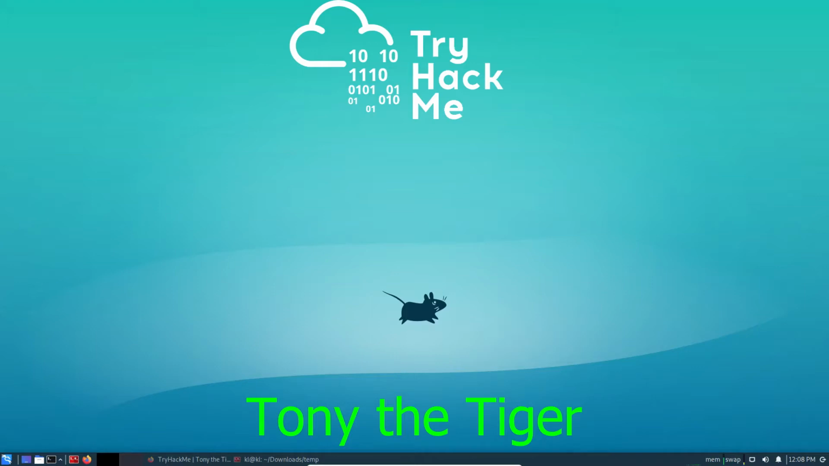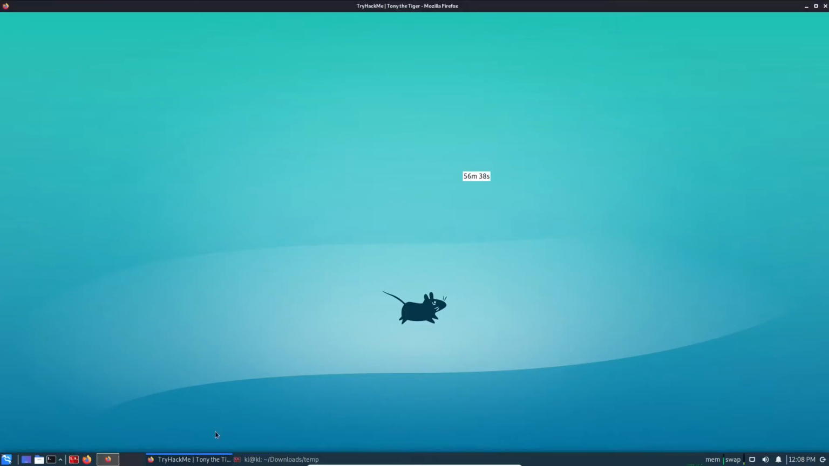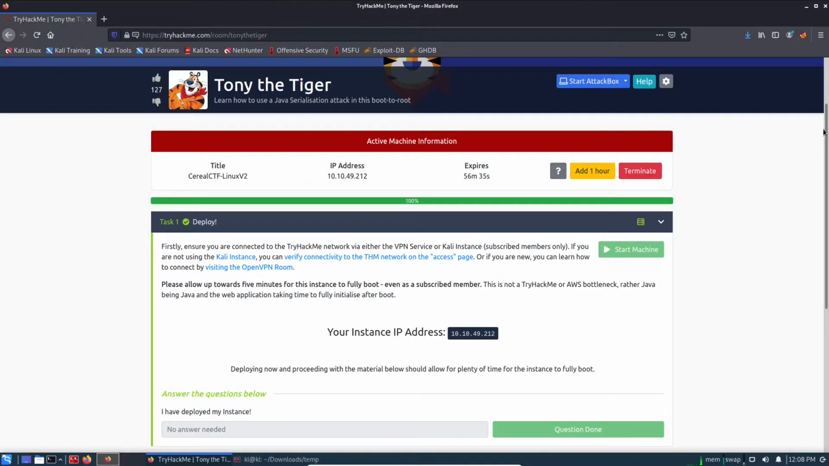So today we'll be working on one room related to Java serialization attack. The room name is Tony the Tiger, and here you go. I have just started the machine because it will take a few minutes for all the components to start. It says 5 minutes for the initial boot, and then the Java web application takes time to fully initiate the boot. So roughly 10 minutes we need to